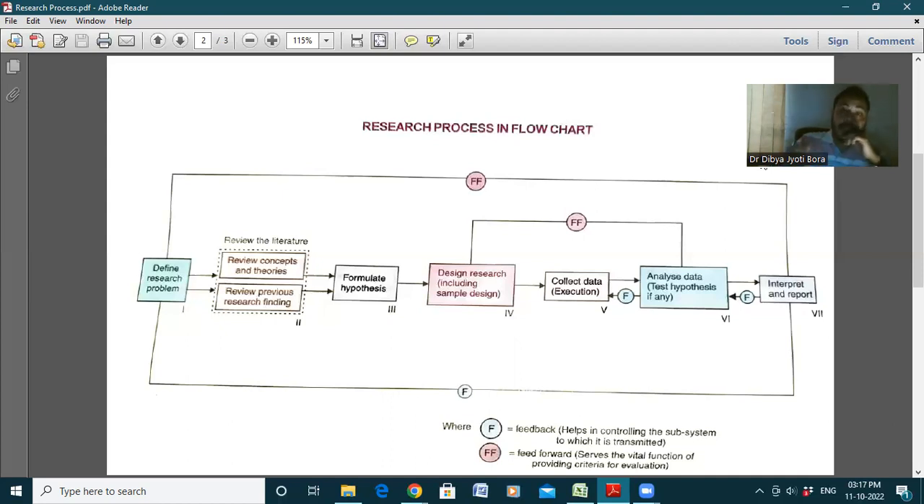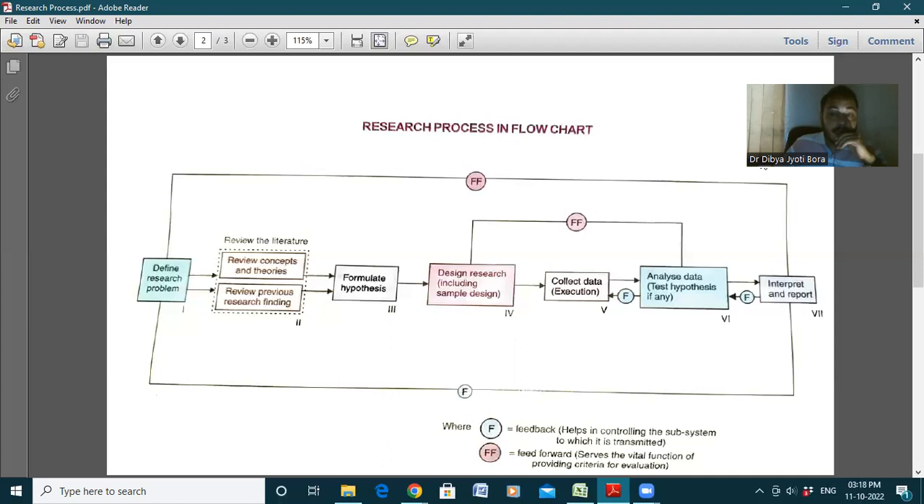ठीक है. Then when you have the methodology you have with you, now see, actually this diagram is the research process in the flowchart, but that methodology itself will be a flowchart. Okay, flowchart actually tell you that what are the subsequent stages or what are the steps involved in that particular process. So next stage is the collect data,